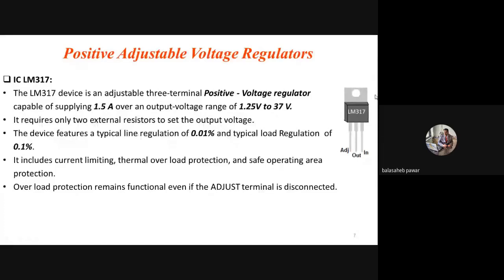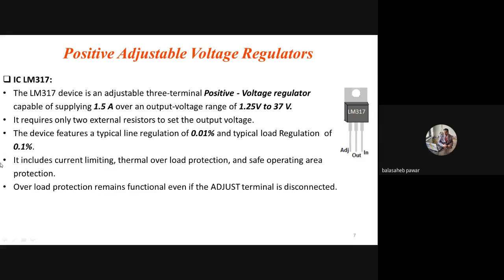So looking at the given features or electrical parameters of this LM317, we can say we can adjust the output voltage, regulated, from 1.2 volts to 37 volts regulated DC, and it can provide a maximum current of 1.5 amperes. Beyond that, this IC will either auto shutdown or get damaged due to overcurrent. And to manage that output voltage between 1.25 volts and 37 volts, only 2 resistors are required across that regulator IC. How it is to be used, I mention in the next slide.